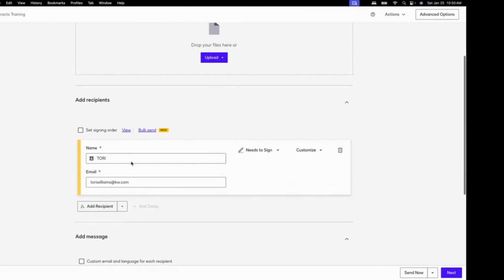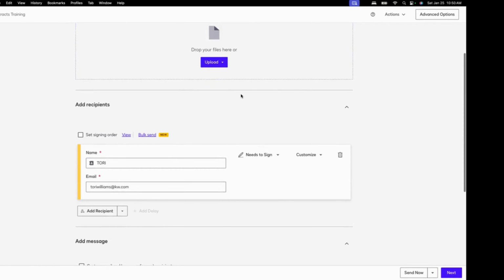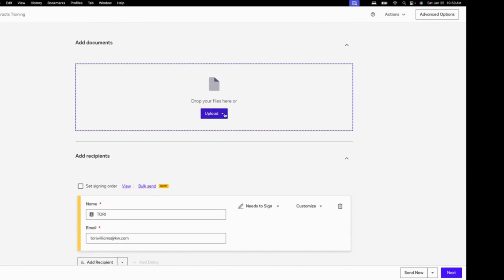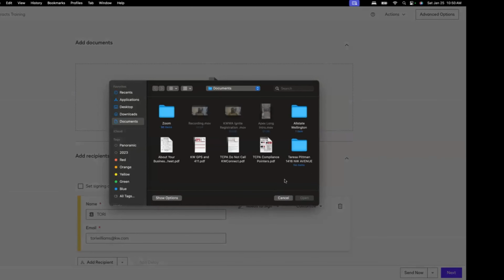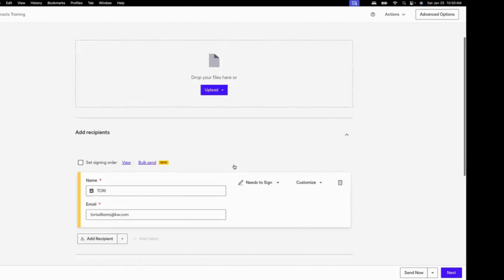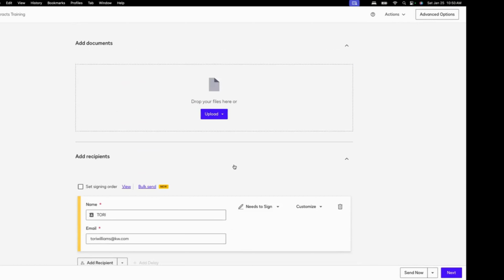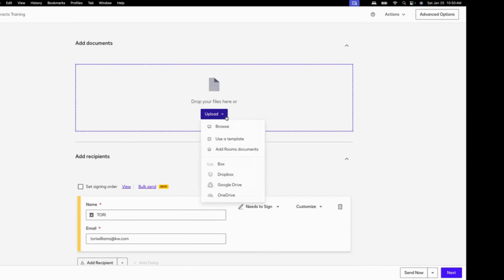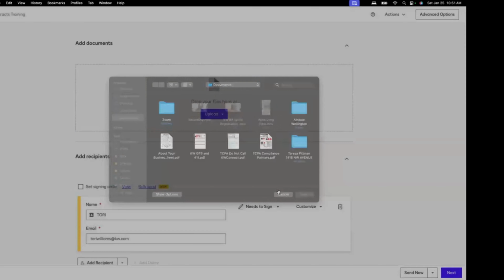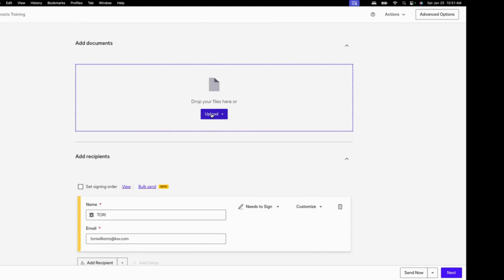So once you know who these documents are going to, you're going to go up here to where it's going to be asking you to upload your documents. We're not uploading documents. I'm actually wanting to add them from DocuSign. So if you click upload, it's going to take you to